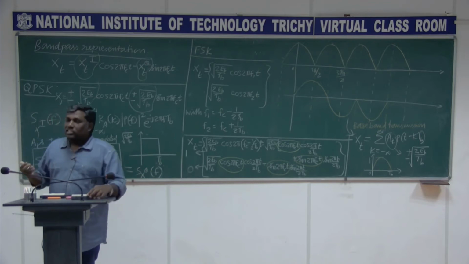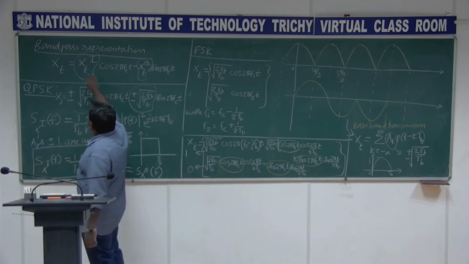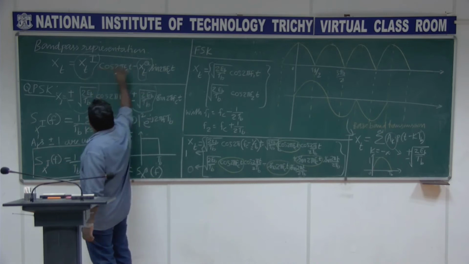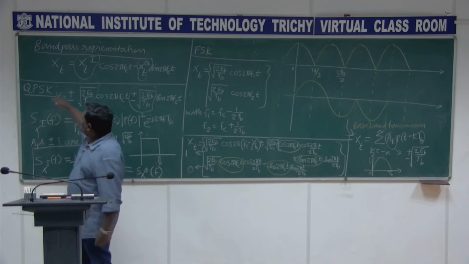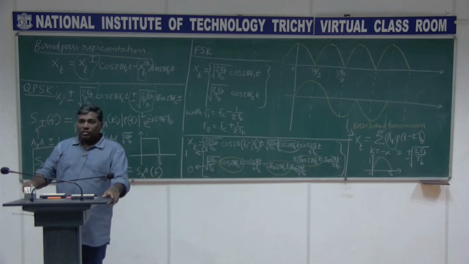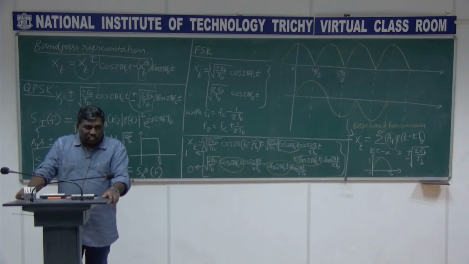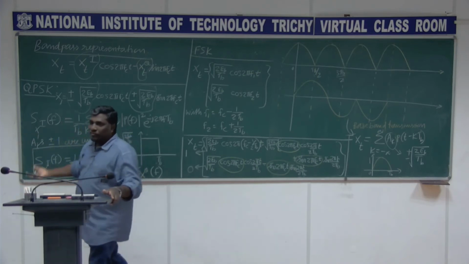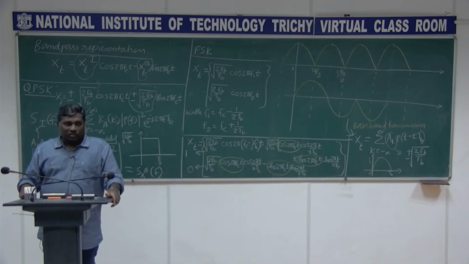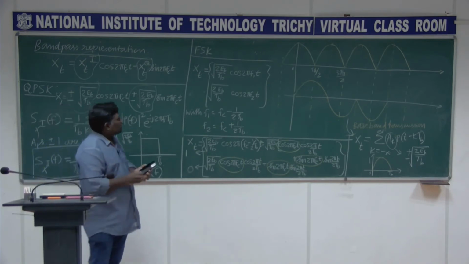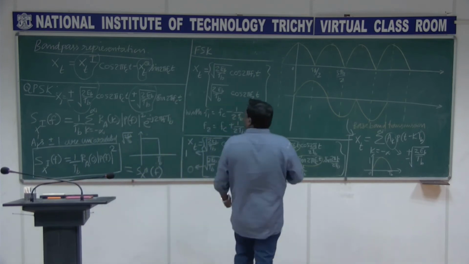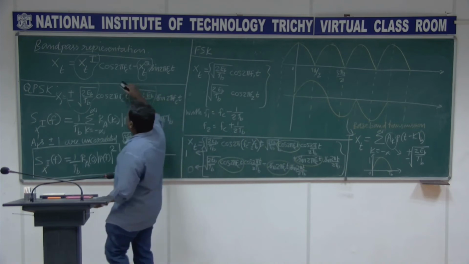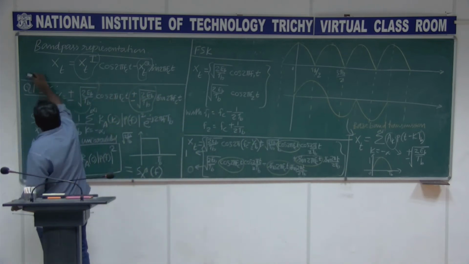We need a relationship between the spectral density of the in-phase and quadrature components and the spectral density of the band pass transmission x(t). If I know that, then I can plug this result in there to get the final expression, as simple as that. So that we will do now. Before that, let me summarize this result here. I think this is not needed, I erase that.